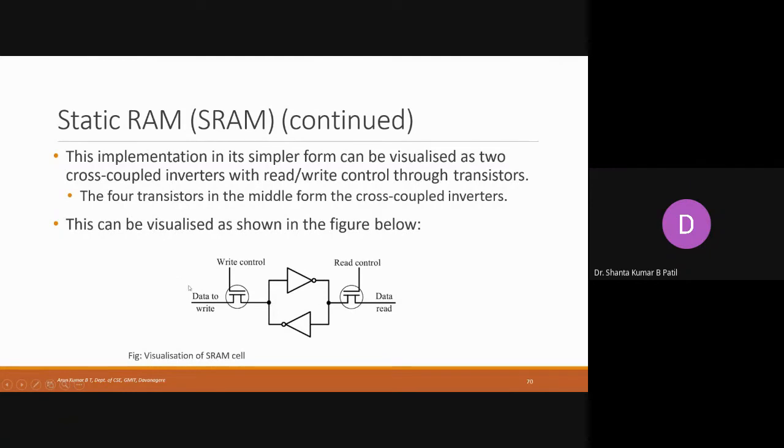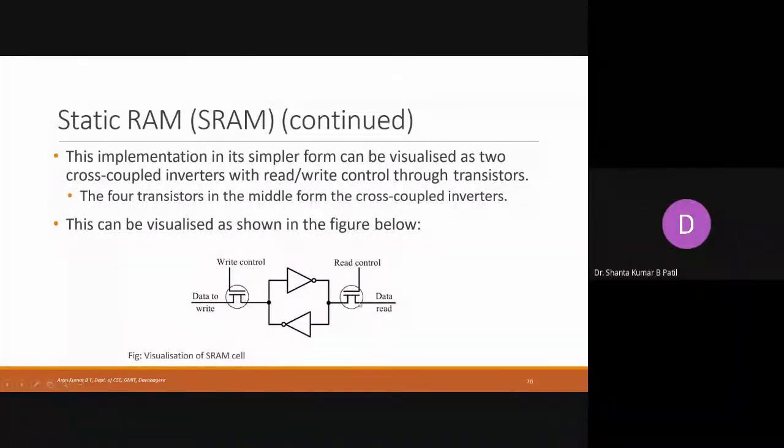So if you are applying 5 voltage at this end, it is 5 only, and because of this circuit, this point is continuously 5 and this point is 0 only. Until and unless the 5 voltage is received by this line, it retains. Once the power is removed, it will not receive the 5 voltage, hence the data is completely lost. And the NOT gates are used.